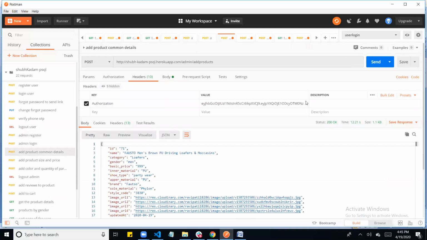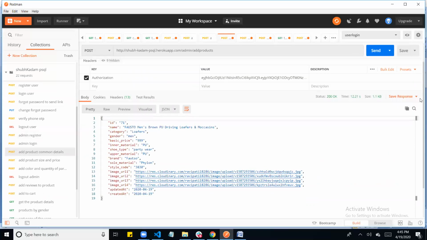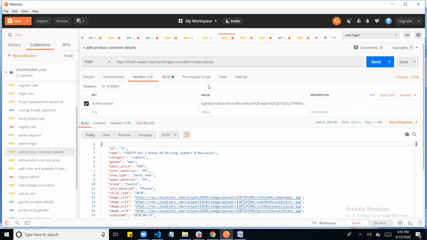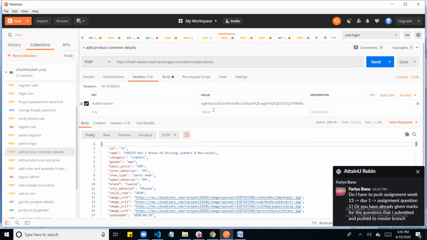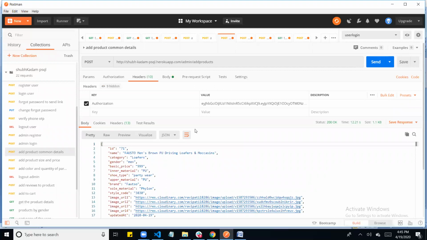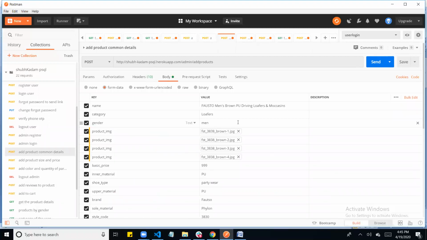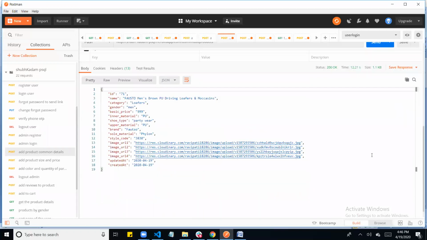So now we can add products here, like I have added this product by adding the quantity and body. I will put all the product details here now, as you can see, and I will get this result.